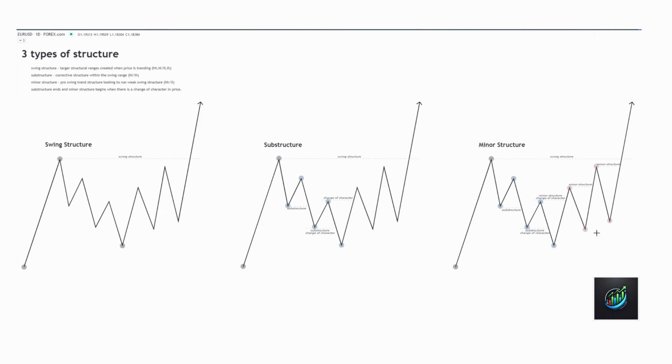So we're able to use minor structure to gauge that change of character and start to understand that we were putting in lower lows and lower highs within the swing range, and we're now starting to put in higher highs and higher lows. So again, like I said with substructure, we can use that to gauge where a higher low is going to form by looking for demand zones, sweeps of liquidity, the combination of demand zones and sweeps of liquidity, as well as supply and demand zone flip zones. And then we can take that a step further with the minor structures. Now that we've seen a reaction point, we're starting to see a change of character. We can start to look at price moving to the upside,